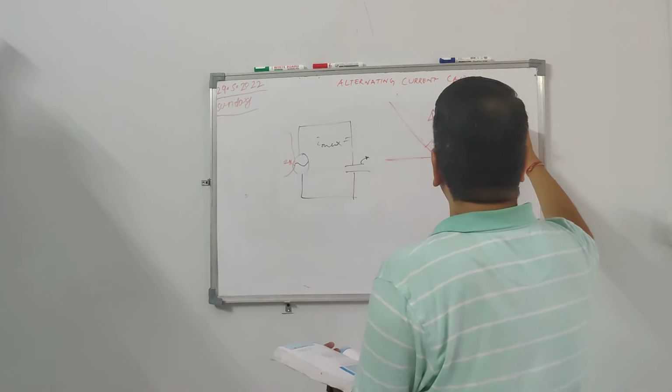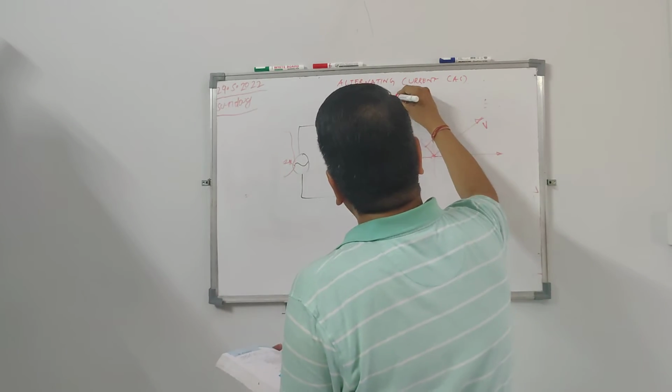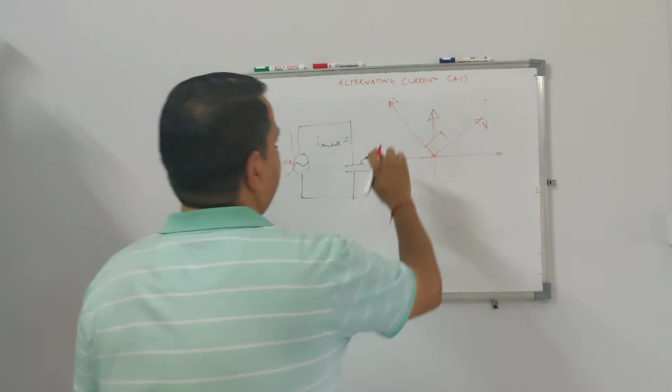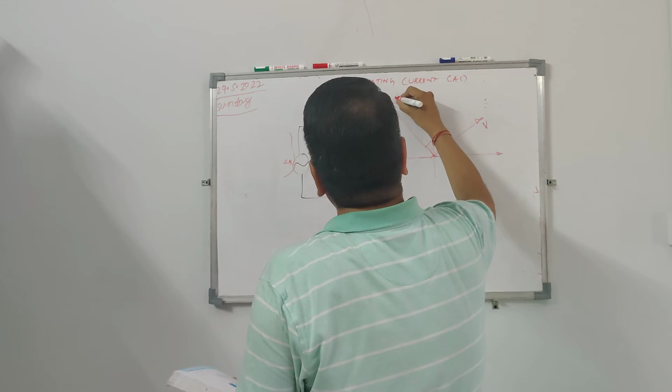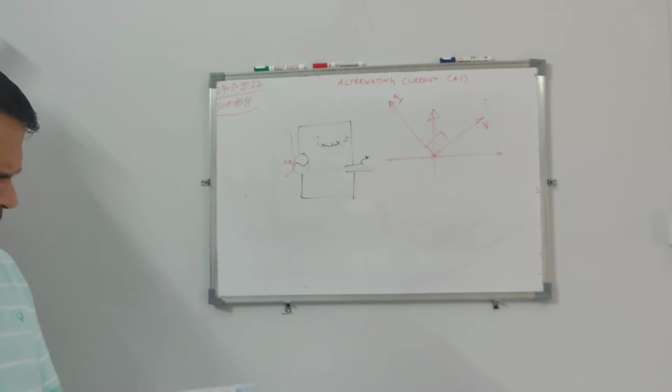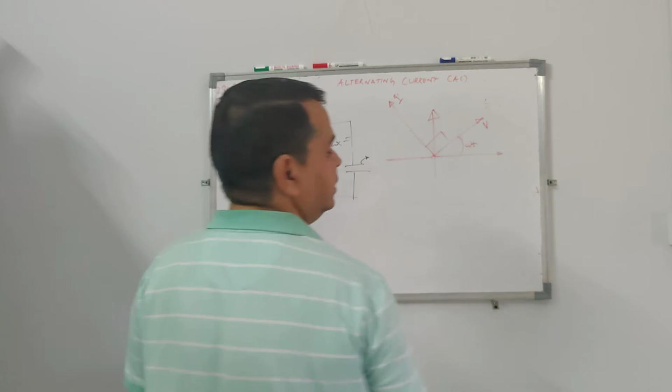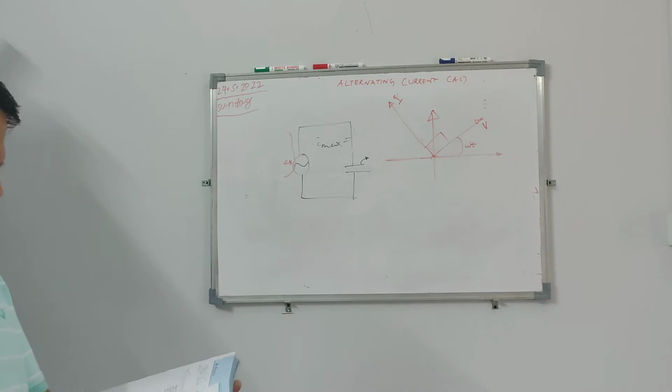So if this is my voltage, this is my current. These are the magnitude values, the maximum values. Then if this angle is omega t,